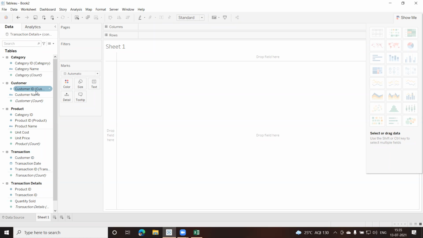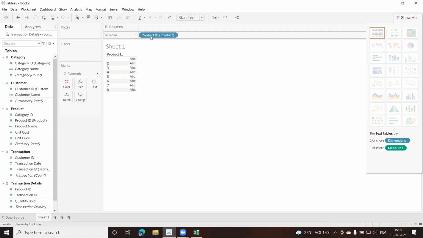So let us create a sheet here, the first sheet, which will tell me that. Now for this example, I'll make use of the product ID, the product name, and the quantity which is sold. The product ID will come from the main table. The product is the master table. So product ID is going to come from here. So let us put this on the row. Okay, so I'll put it here.